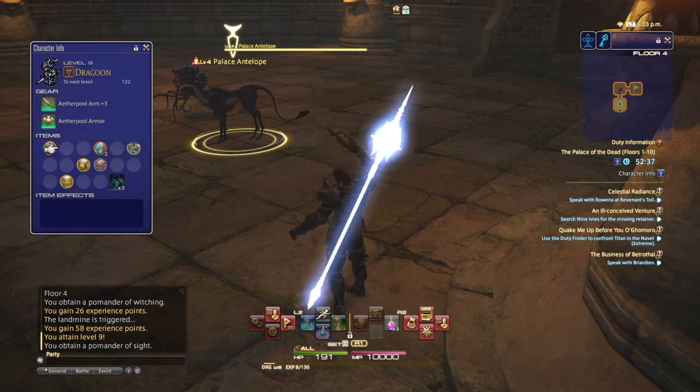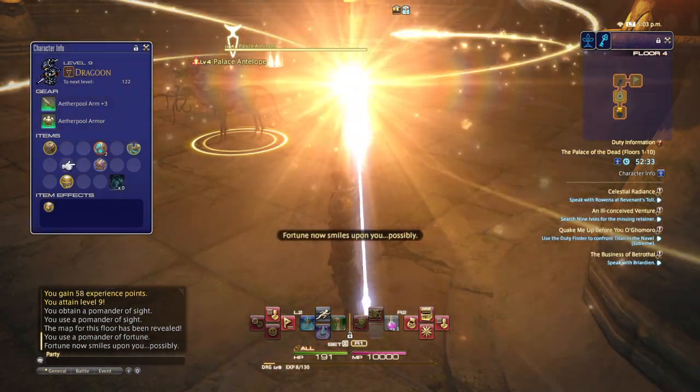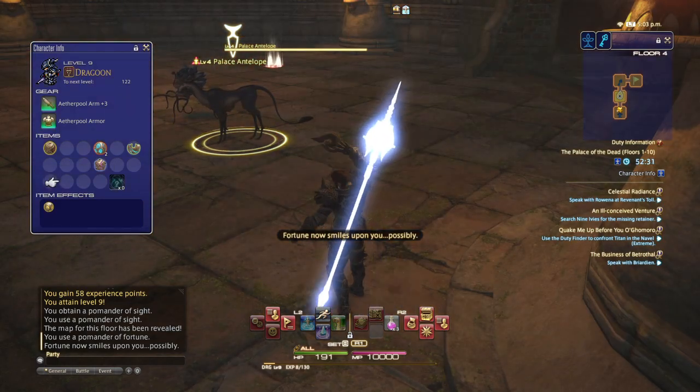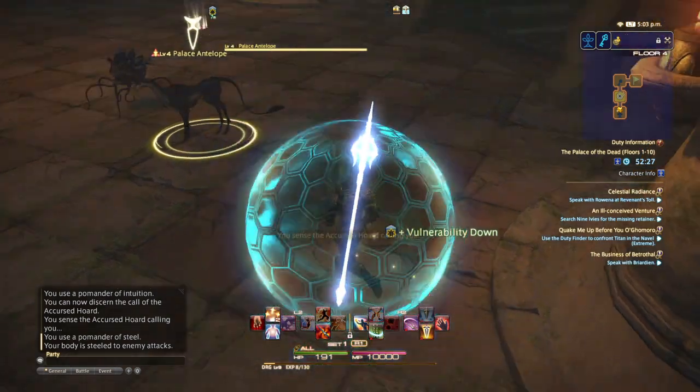Just use one of these sight pomanders to show you what I'm about here. Might as well use intuition as well. You know what? I'm gonna go ahead and pop a steel, because